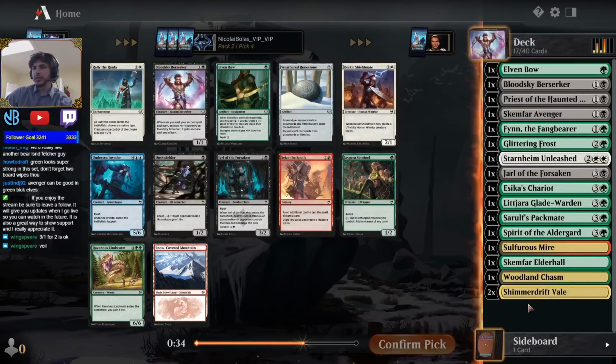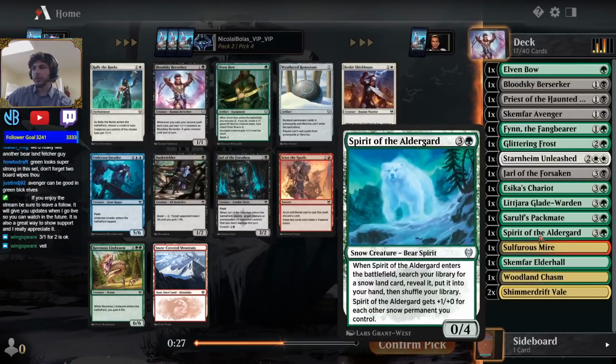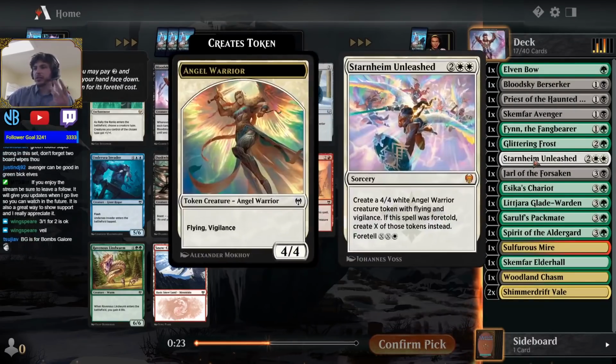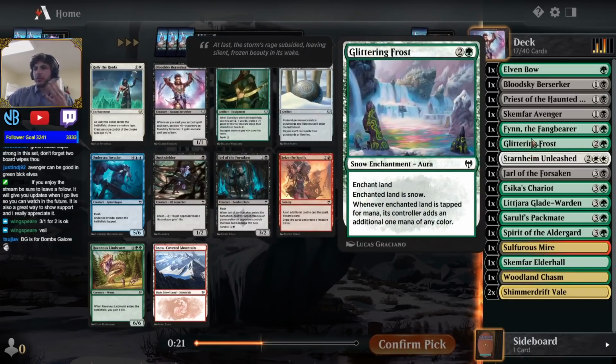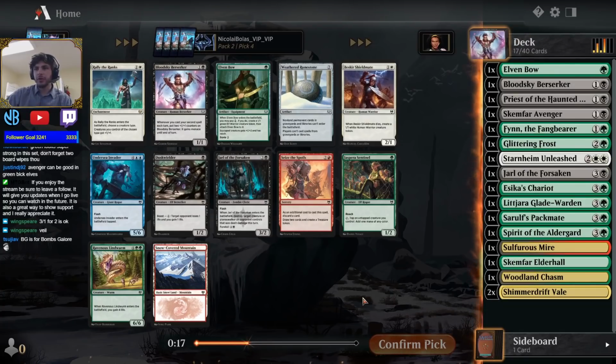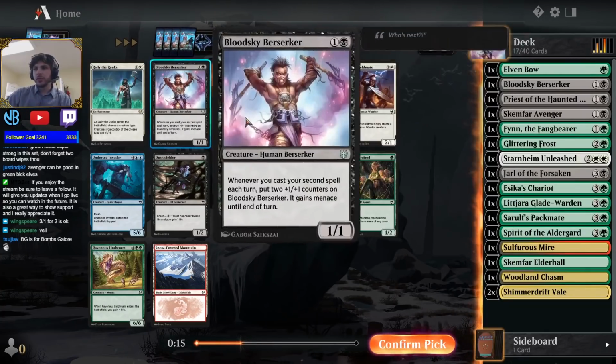So this is where we kind of get to think about what our deck is going to be. Are we going to be more of a double spell deck, or are we going to be more of a control deck? Our perks for a control deck are mostly the Lityara Glade Warden, the Chariot, the Starnheim Unleashed. Glittering Frost is more of a control card. I don't think we're really a Bloodsky Berserker curve-out-on-you with cheap cards type deck. And they're both going to work with my